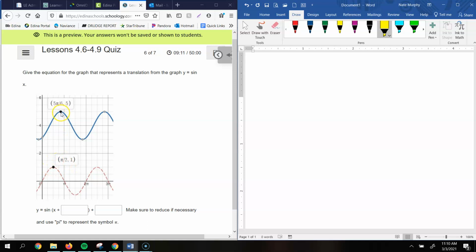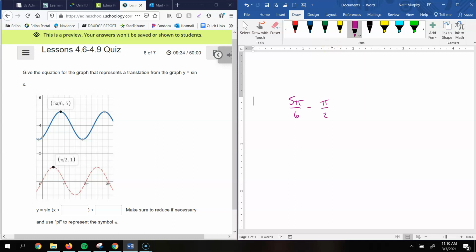That new peak now is at 5 pi over 6, so it's been moved to the right from pi over 2 to 5 pi over 6. So I want to figure out how big of a translation that would be. So I'm going to start with this larger value, the 5 pi over 6. So I'm going to take that 5 pi over 6 and find the difference between that and pi over